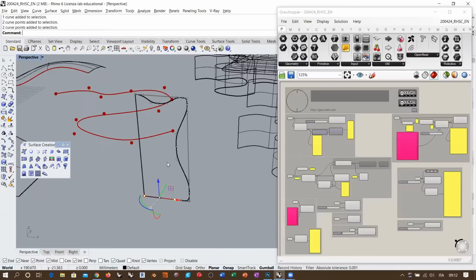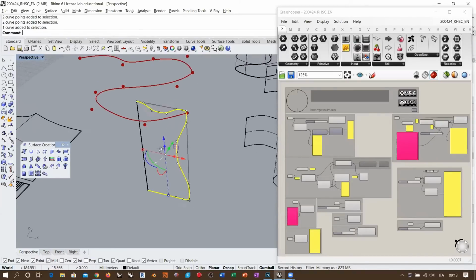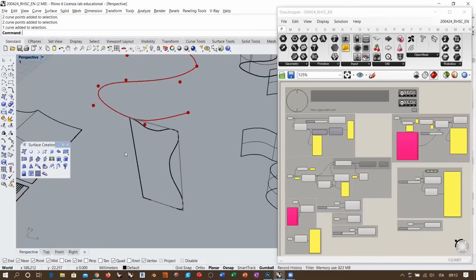And this is important because as this profile is going to revolve around this axis, if I don't have a horizontal tangency, or rather a tangent which is perpendicular to this side, then during the revolve, I will get some vertex or discontinuity in these two endpoints. Okay, so once I have created this structure, I can use the revolve command, select the curve to revolve, which is specifically the profile,